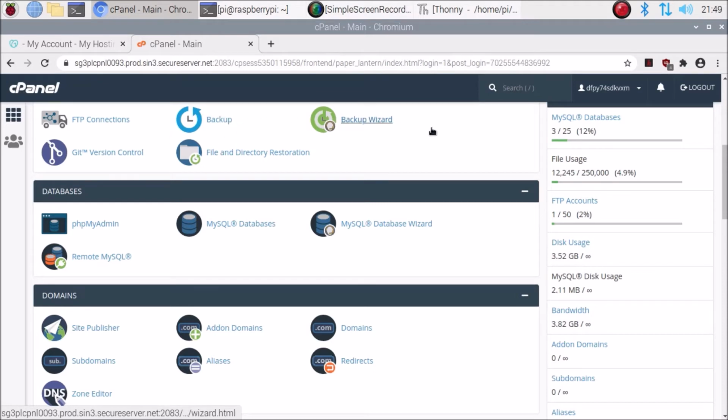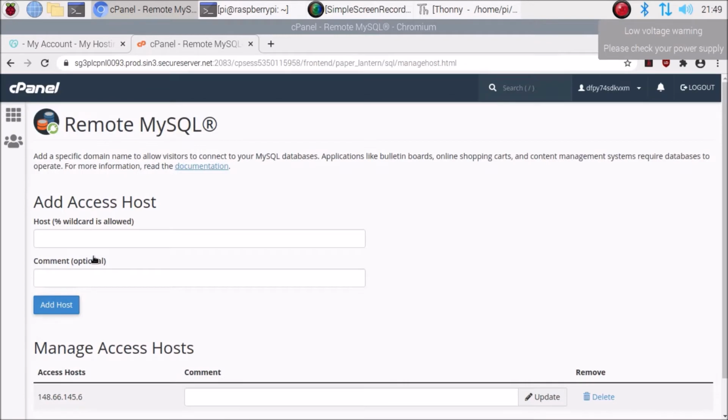Okay friends, this is our cPanel, and here we need to go inside Remote MySQL. So simply click on Remote MySQL. Now here, as you can see, Add Access Host, and in the host box we need to mention our public IP address.